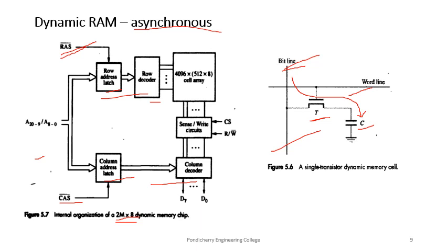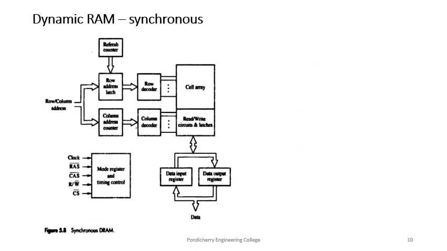Okay, so this is a very useful feature, and it's also used to transfer data between the main memory and the cache memory. This particular mode is used to transfer data between main memory and the cache memory. As I mentioned, most recent-day DRAMs are of synchronous type. Here the cell array is the same as in the asynchronous DRAMs. The address and data connections are buffered by means of registers.